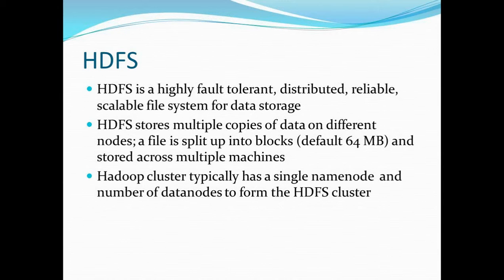So the first part in Hadoop is HDFS, that is Hadoop Distributed File System, and the second part is MapReduce. That's the processing. HDFS is the storage part, called the lower layer or storage layer. In HDFS we store the data, and MapReduce algorithms, the MapReduce framework, are used to process the data.